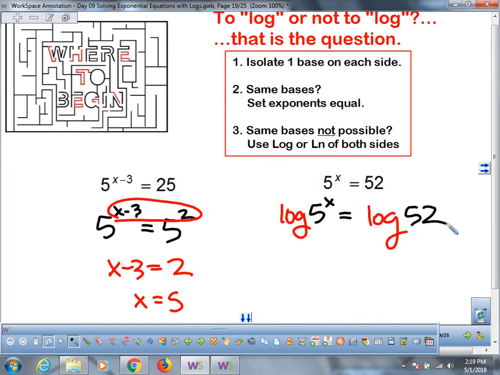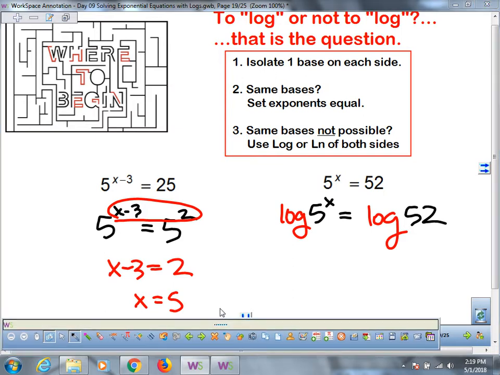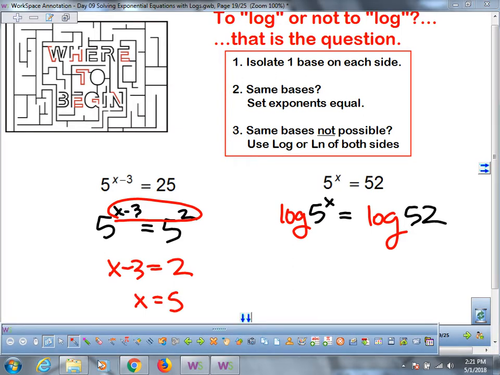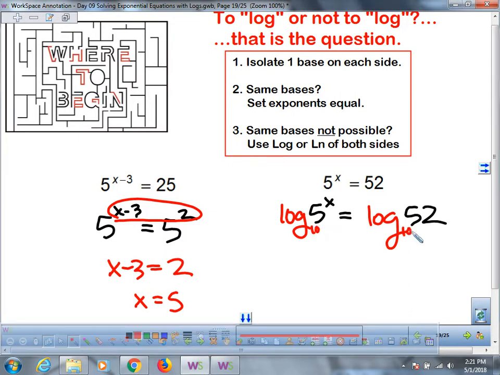Now what bases do those logs have? Nope. 10. They have a base of 10. If I don't put anything, the default is 10. It's a base of 10. Reason? That's what's on your calculator, a base of 10. So now,